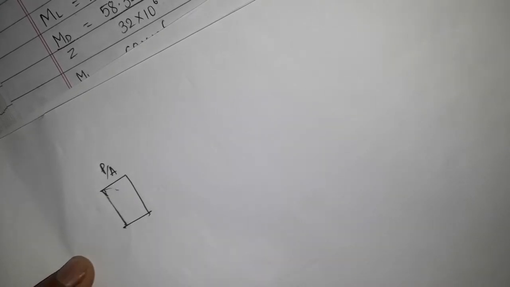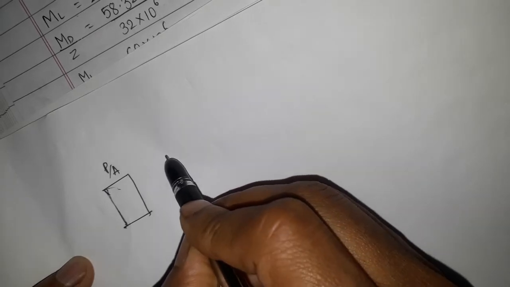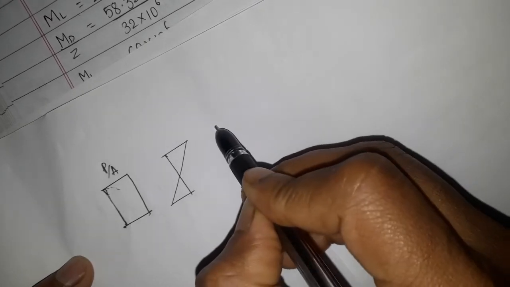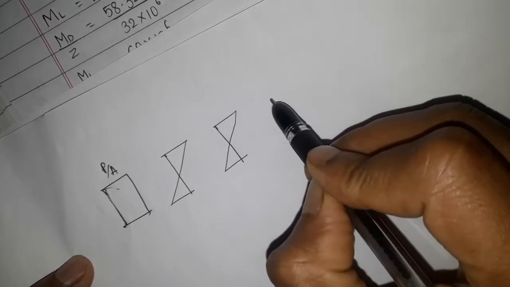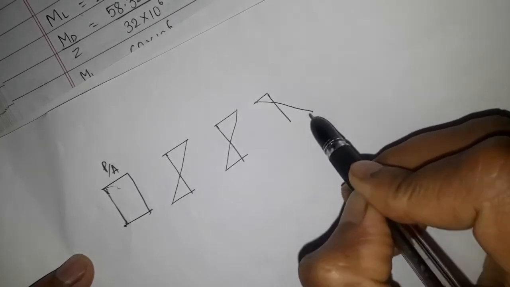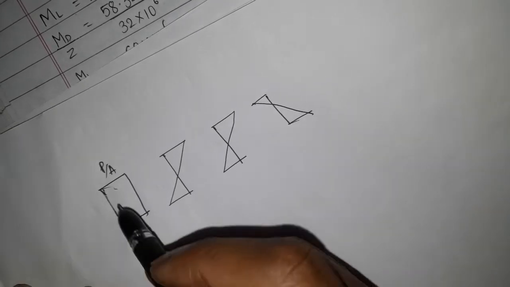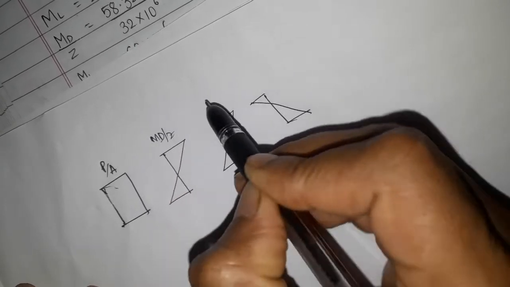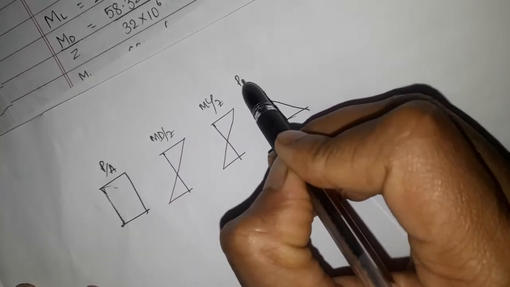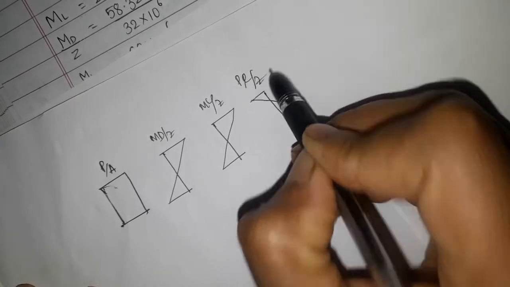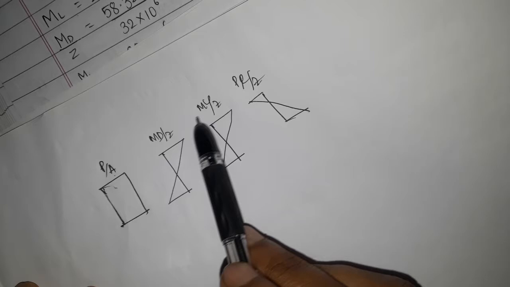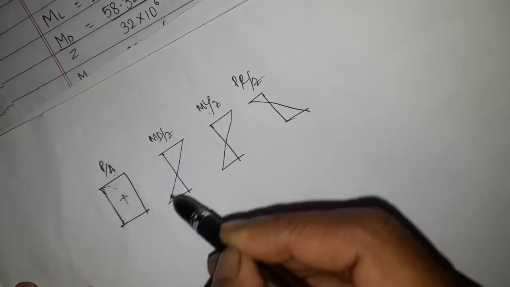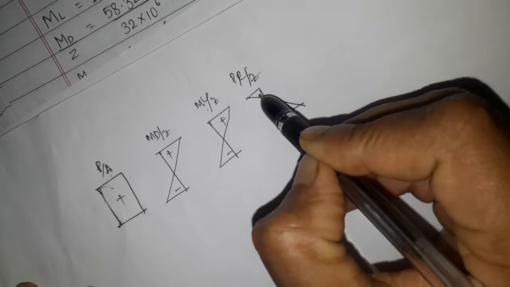So first you will get, due to direct stress, P by A, then because of load, this is like this, and one more because of dead load and live load, this is dead load. And if you consider pre-stress, it will be opposite like this. I have explained this n number of times. So this is MD by Z, ML by Z, and P by Z. Okay, P by A, MD by Z, ML by Z, and P by Z. So this is plus, minus, plus, minus, minus, plus.